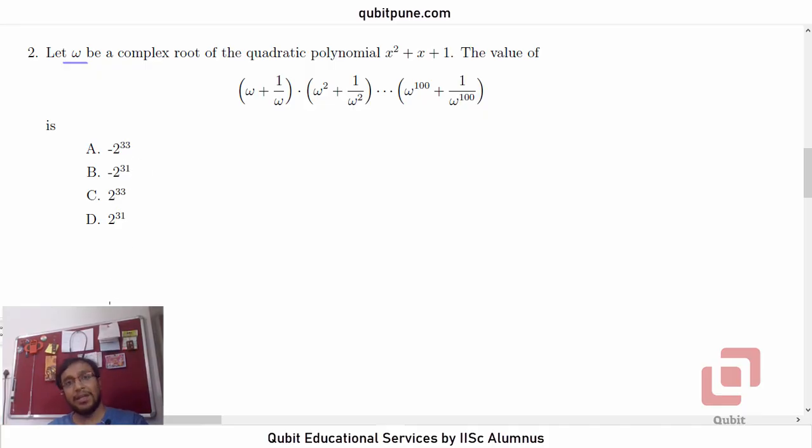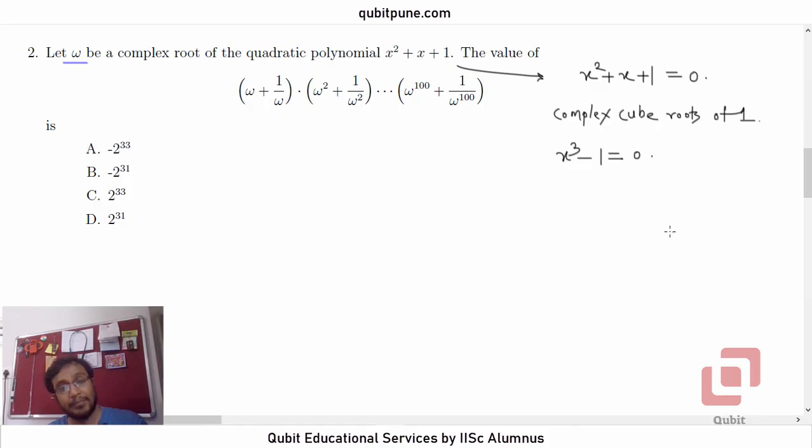If you observe closely, the quadratic equation that is given to us, x squared plus x plus 1 equal to 0, we have seen this equation earlier. This quadratic equation or polynomial arises when we are finding the complex cube roots of 1. Because essentially when we are finding complex cube roots of 1, we are solving the equation x cube minus 1 equal to 0. And if we apply the formula a cube minus b cube, which is a minus b into a squared plus ab plus b squared,